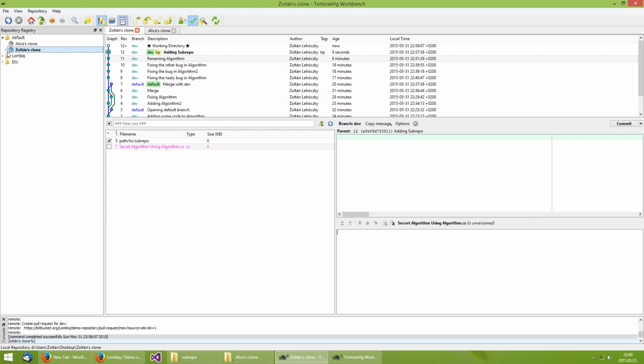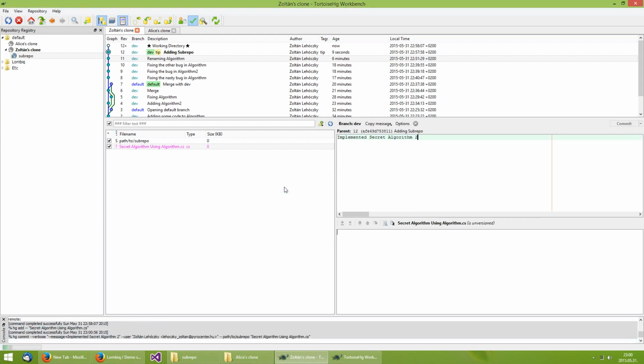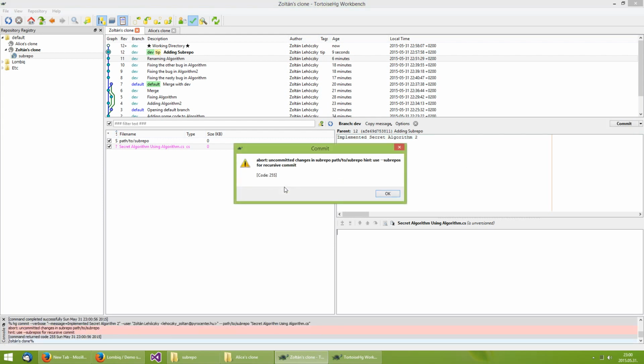By the way, here in the repository registry, there is now this little UI that shows that there are subrepos under our repository. By the way, even your subrepos could have subrepos, so this can go indefinitely. So let's select here everything, and let's add the commit message that implemented secret algorithm 2 and commit. Alright, but this is no good because we have to commit the subrepo as well,